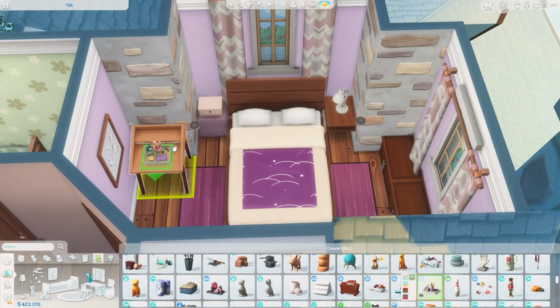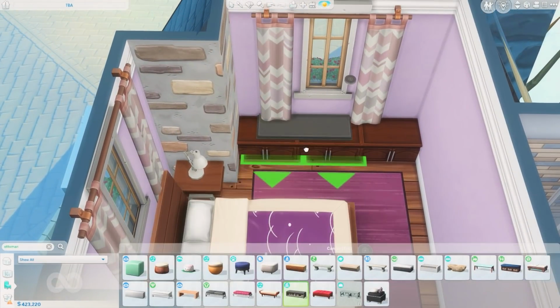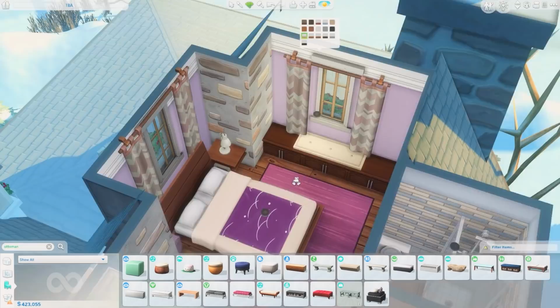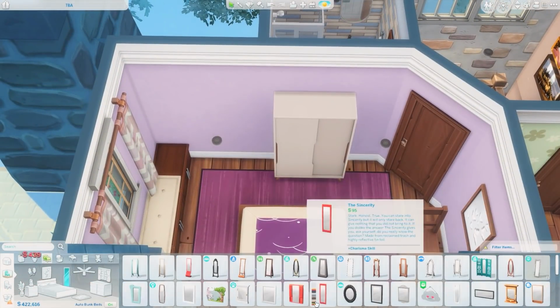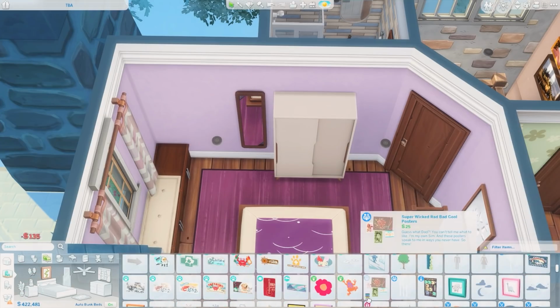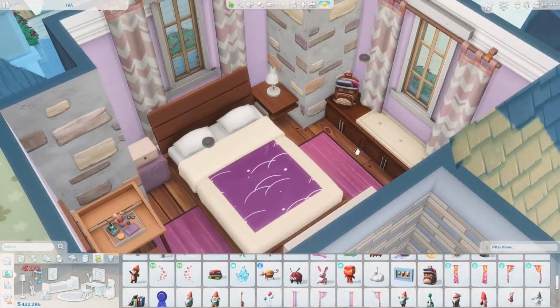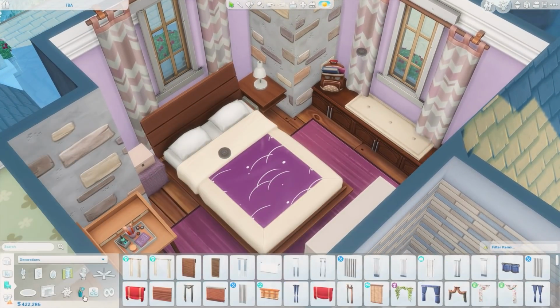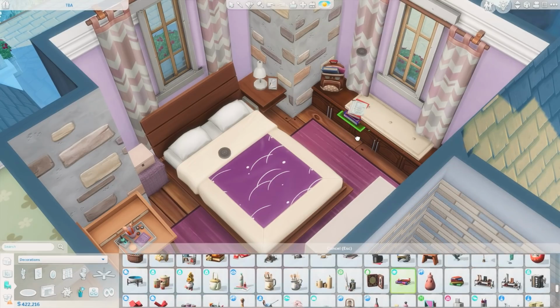I've always thought that those were nice. They're base game, I'm pretty sure, or maybe they're not. Is the butterfly not base game? It might be kids' room stuff. I think it's kids' room stuff. I've always thought that was a nice item, though, because I feel like I know a lot of people that growing up had something very similar in their room, either like that, or maybe it was preserved actual butterflies. I definitely saw a lot of that when I was growing up, so I just think it's cool to have in the game. And getting some textbooks and a book bag over here, some pens and pencils,